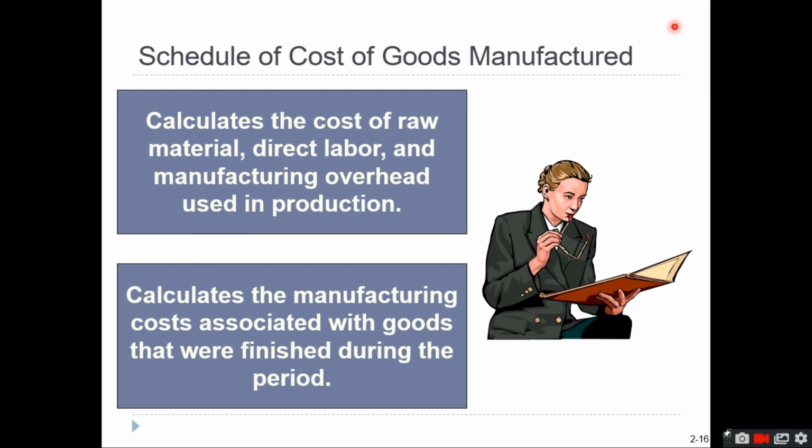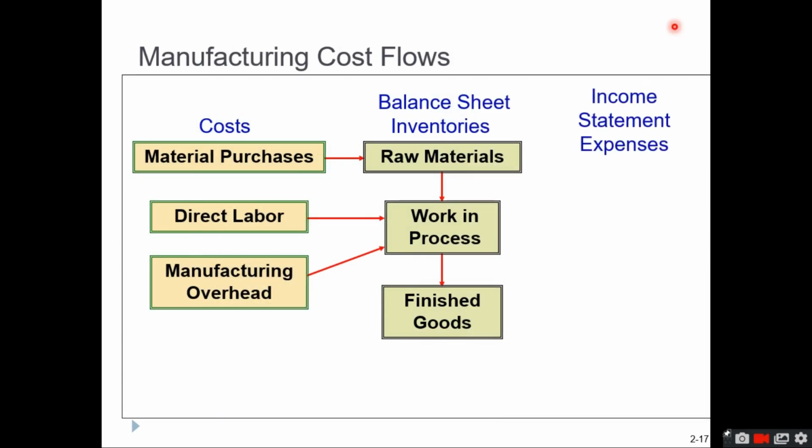Okay, so you will add the work in process beginning and deduct the work in process ending, and that will be the cost of goods manufactured already. Okay, so to sum up, this is what's going to happen. So the cost associated with the production will be the direct materials, direct labor, and manufacturing overhead, and it's going to be part of your production process, which will be initially placed in your balance sheet upon production, and to be transferred to cost of goods sold upon selling.